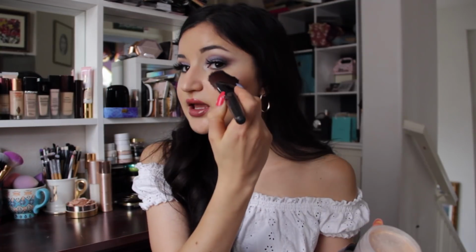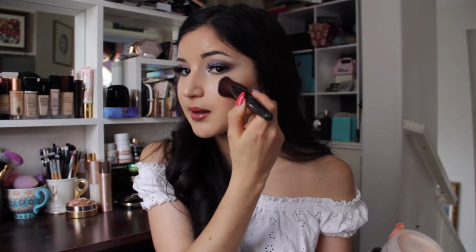It does help a lot, but if you have a very, very fluffy powder brush like this, I think you'll be just fine. It does have also a slight tint to it, so while the translucent powder you can really just dust anywhere and it blends out really well, this one does have a tiny bit of color to it. Take the whole brush and I'll coat it with a little bit of powder and dust off pretty much all the powder that I put onto the brush and just lightly glaze across the cheeks. So I'll put it on my cheeks first, and then whatever's left on the brush